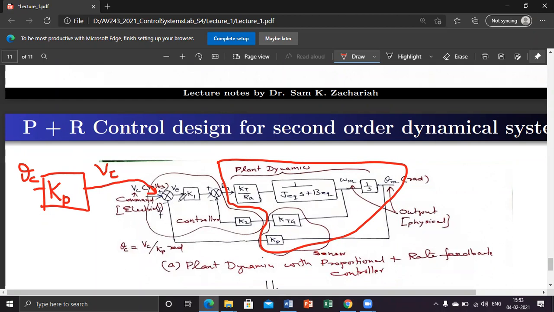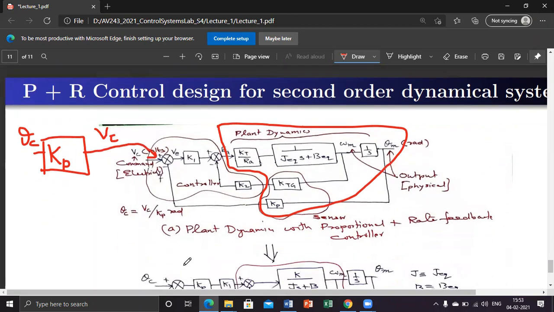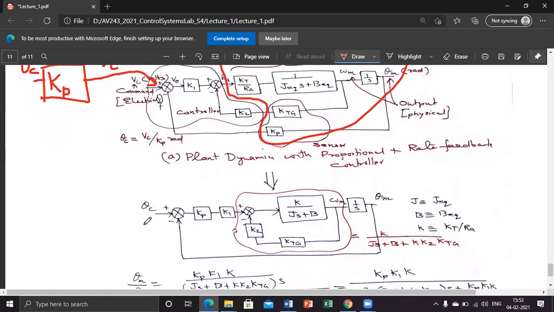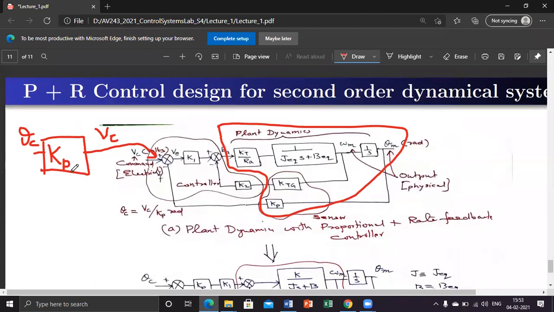Now, this error is passed through a forward gate, here this feedback gate, and finally, you get a loop like this. This can be simplified like this. Same thing I had done. This Kp is taken to the forward path. If you are using this equivalent thing, both this Kp, they can be pushed in the forward path, because the block diagram linear rule gives that provision.